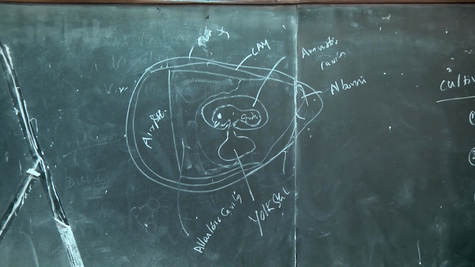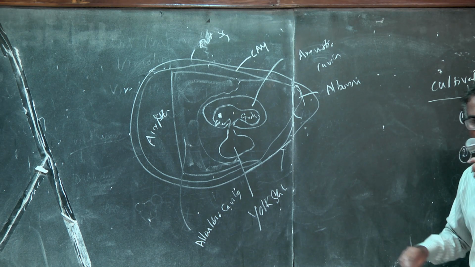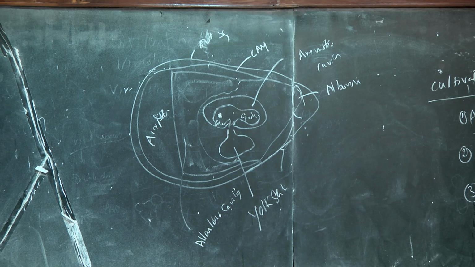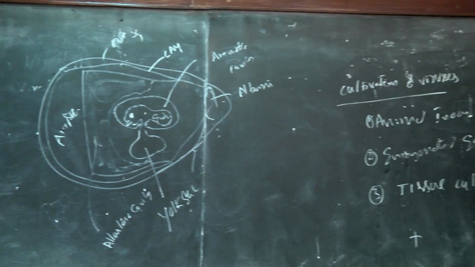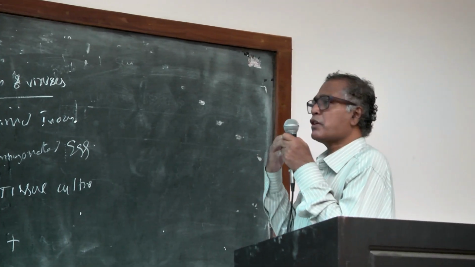We have to select an embryonated egg of 5 to 12 days, which is ideal, because during this period all the viral studies can be made easily and the virus can be harvested easily. An embryonated egg of 5 to 12 days gives wide chances for the cultivation of different viruses. So this is the yolk sac, and before starting any inoculation into the embryonated egg, we must know whether the egg is alive or not, because the virus is an obligate intracellular parasite, so there should be continuation of life.